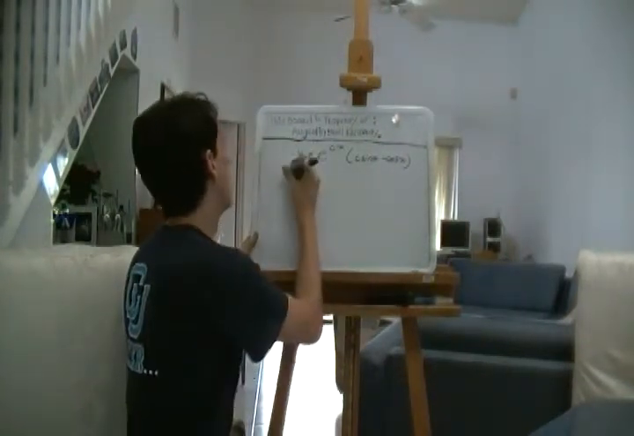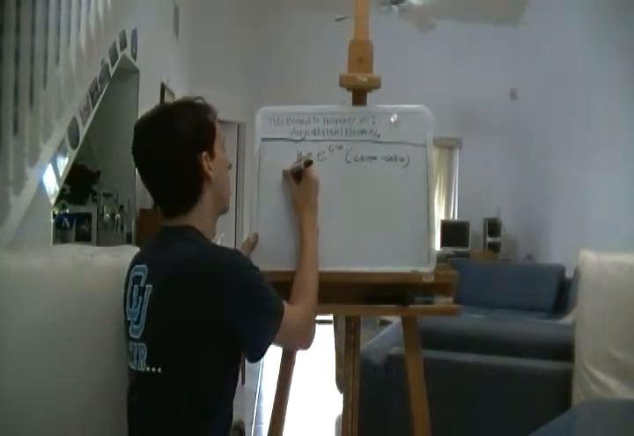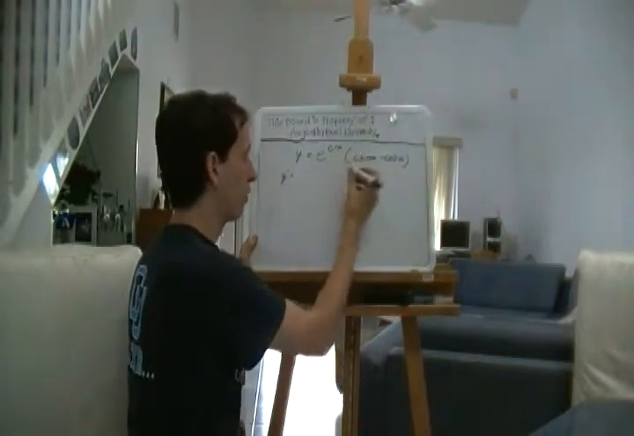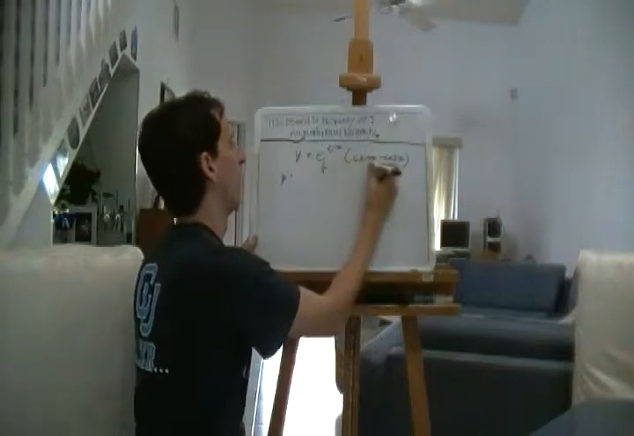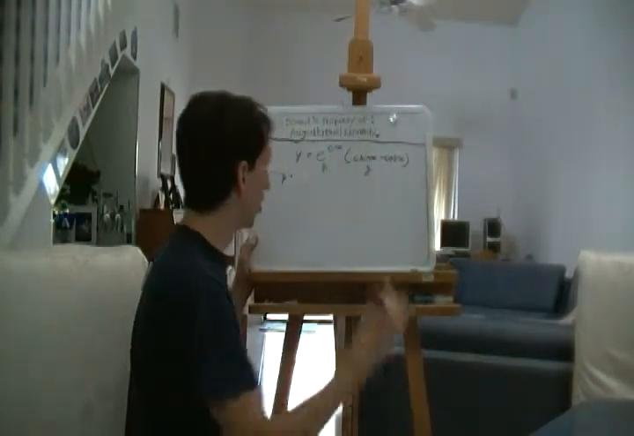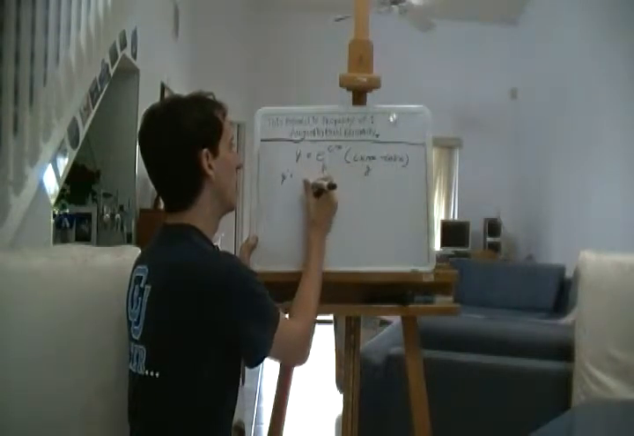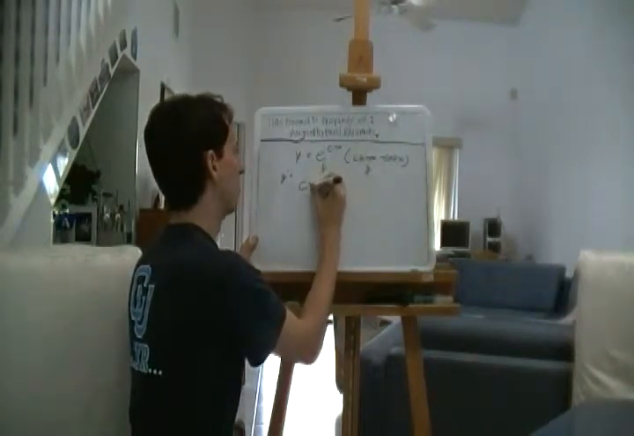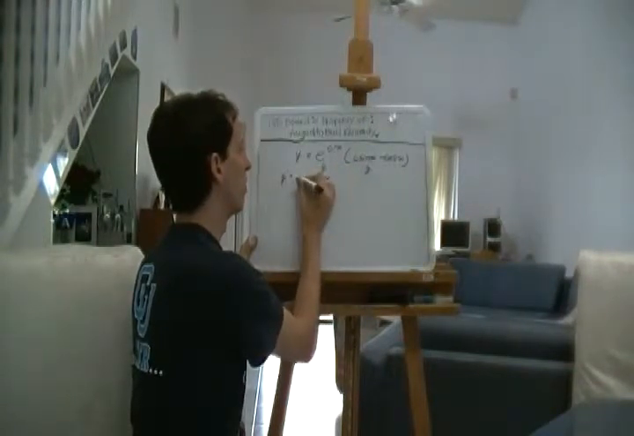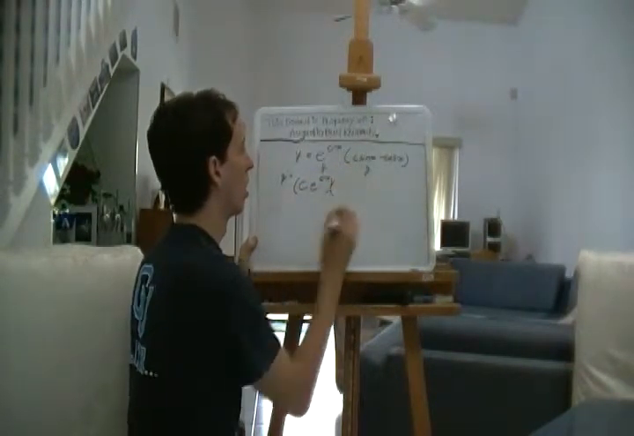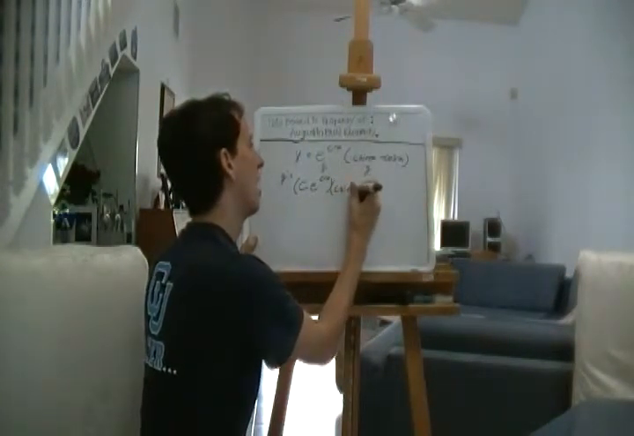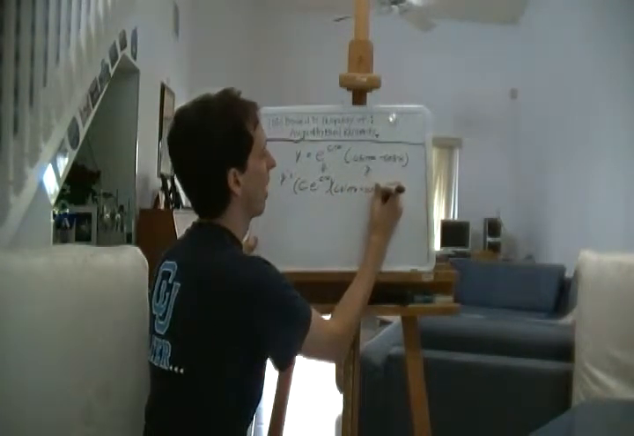So let's realize that we're taking the product rule and a chain rule type of issue here. So y prime is the derivative of the first, let's call this f and this g. So we've got the derivative of the first, which is c times e to the cx, times the regular second, which is c sine x minus cosine x,